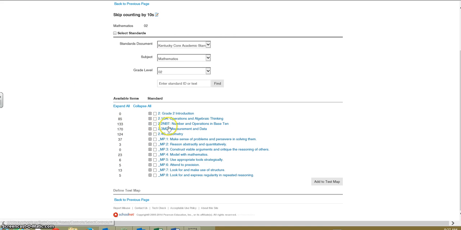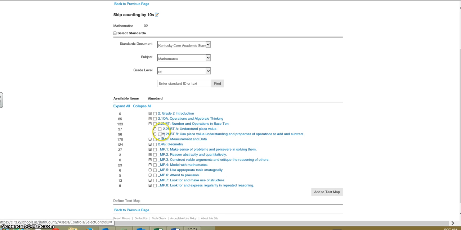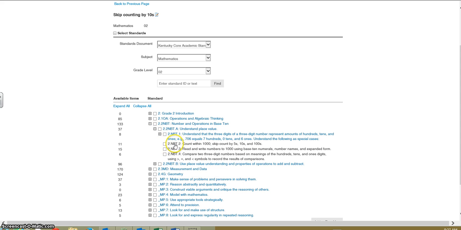So skip counting should be in the number and operations in base 10. So I can click that box and just do a general one, which would not be very good actually. Or I can click the plus sign to expand that. And then after I've gotten these two choices, I'm going to choose this one. And then I can see right here that